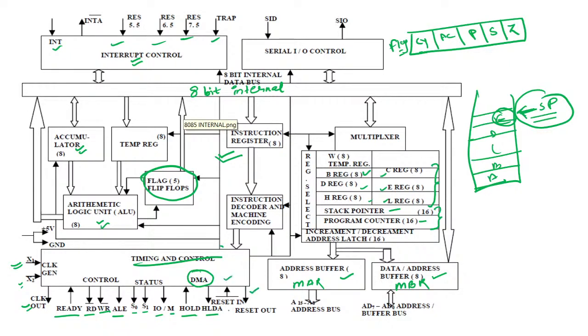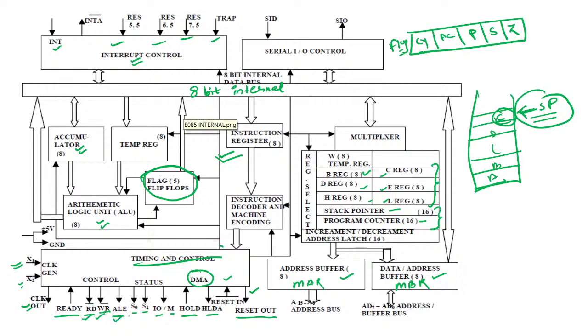Let us say any device wants to reset the CPU, then it will send the reset signal. And let us say the CPU wants to reset anyone, then it will send the reset out. Let us say the CPU wants to reset an output device, then the CPU will send the signal from this particular line to that output device. If any device wants to reset the CPU, then it will send the signal from this line, that is reset in. Right, so read and write are the normal control signals.